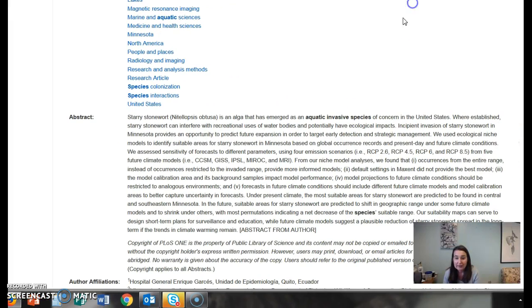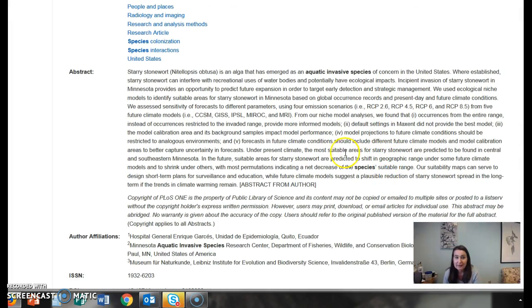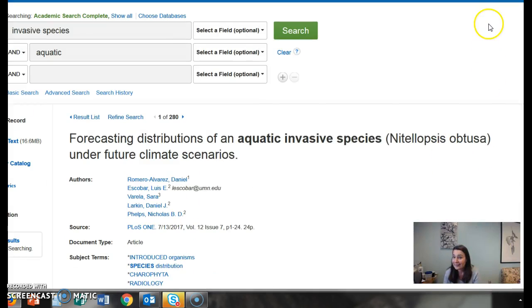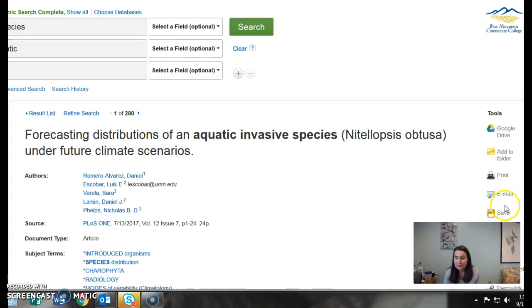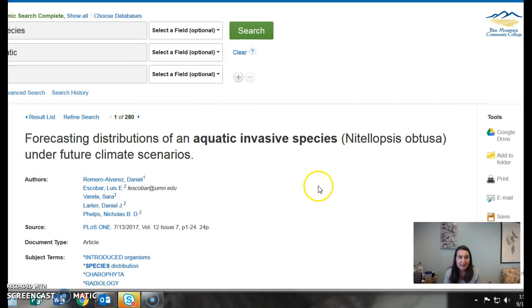And again, there's a summary, and from that summary you can decide, wait, is this really what I'd like to look at more or not? And then from there, the tools are here on the right to email it to yourself or print it out. If you add to a folder, just to warn you, that only lasts during the session. And then, of course, the citation tool. So that's Academic Search Complete for the sciences, kind of in a nutshell. It's playing with your terminology, finding things,